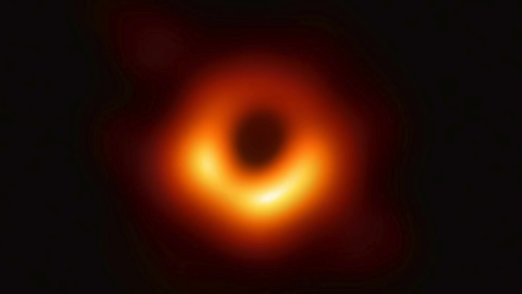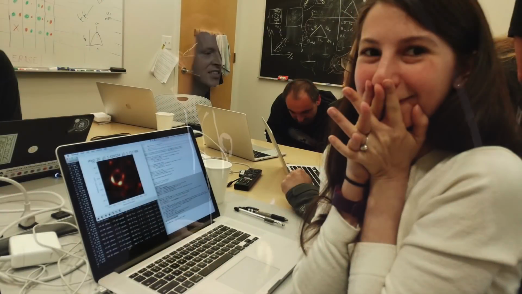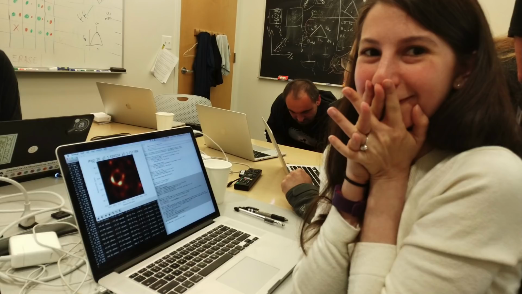And the scientists who created this picture used a global network of telescopes to generate a huge amount of data, which they then composed into this image. They spent years processing that data to get this image. And this is the moment of truth, right? This is Dr. Katie Bouman, one of the lead developers and scientists on the project, and one of my personal heroes. And this has become an iconic photo of this landmark human achievement.